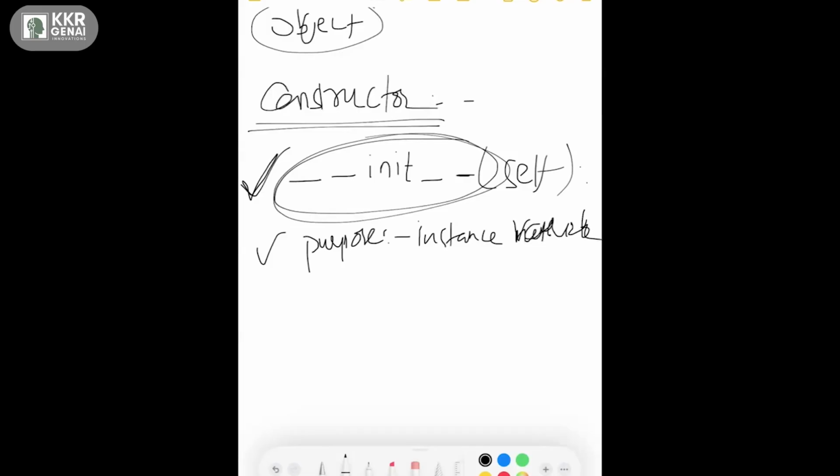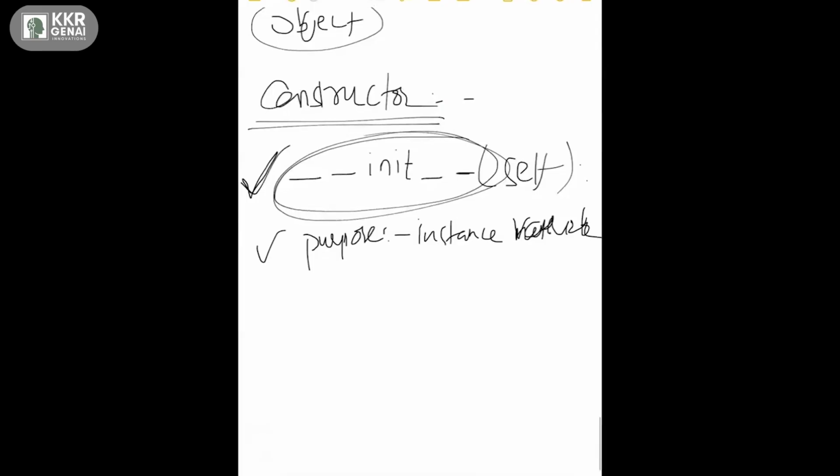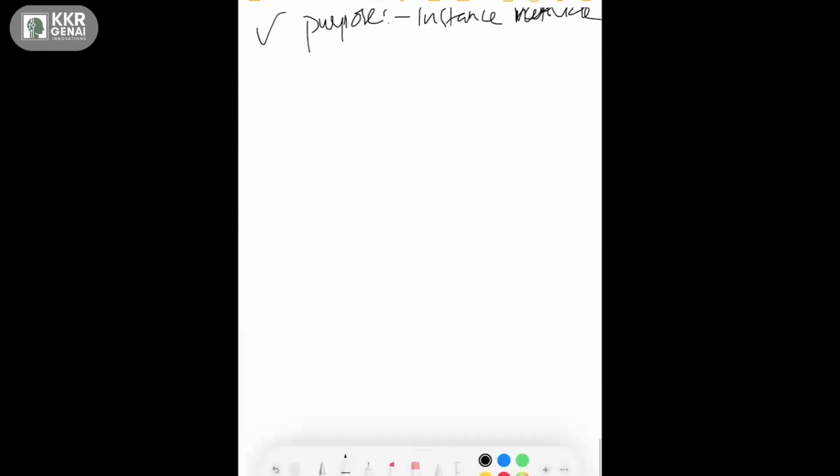And whenever we are talking about object creation, the third point that I mentioned is that a constructor will be executed automatically at the time of object creation. So now let's talk about this, and then I'll show you some examples. Let's talk about some variables concepts here. The first one is the instance variable. Let's talk about instance variables.